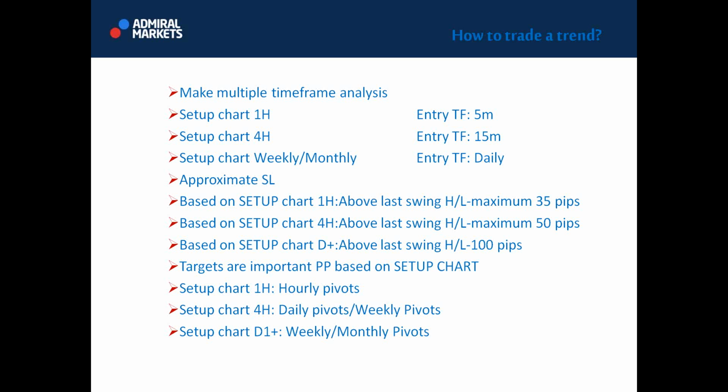If we trade intraday based on setup chart on 4 hour time frame, we place stop loss usually in between 25 and 35, 40 pips, let's say 40 pips. And maximum we should use is 50 pips, because we probably won't have such good risk to reward if we use a bigger stop loss. Then we need to find another pair to trade. Don't stick just to one pair. We have other pairs to trade.